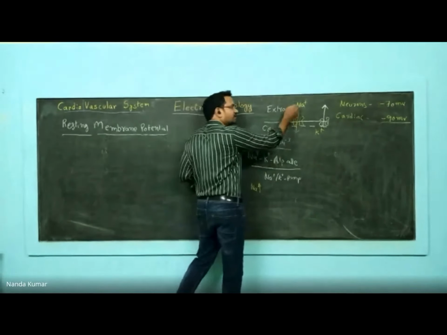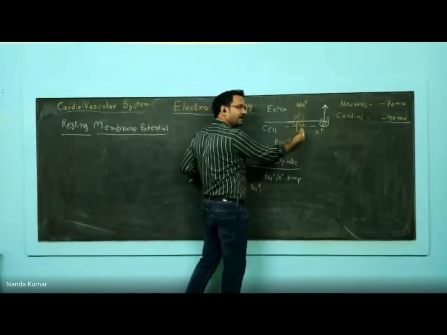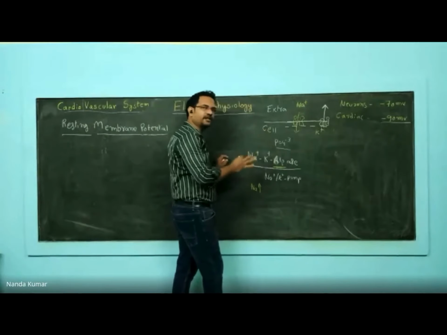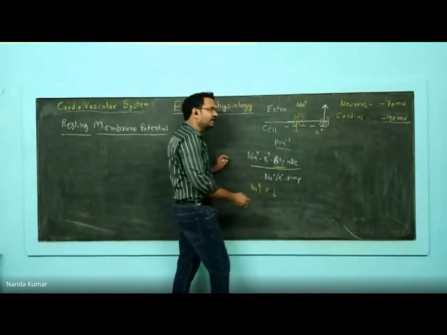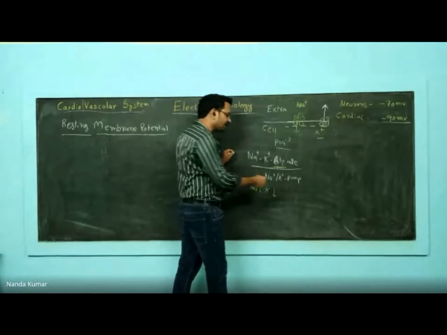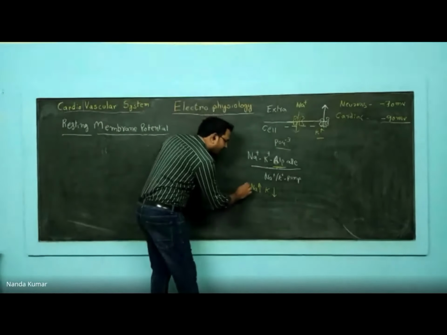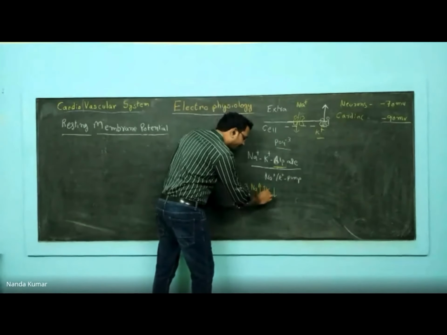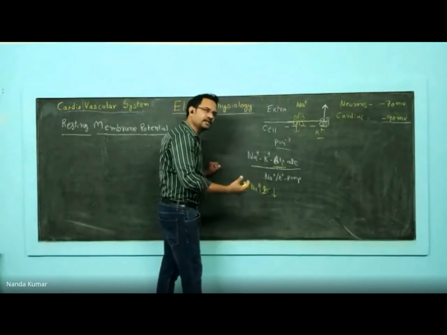See, sodium concentration is already high outside, but still it is moving against the gradient. Because it is moving against the gradient, it needs energy. That is why it is known as sodium potassium ATPase. Not only sodium, it takes potassium into the cell. Again, inside potassium concentration is more, and to bring it back it needs energy, hence it is using ATPase. Now, 3 sodium are taken outside of the cell, and 2 potassium are taken inside the cell.